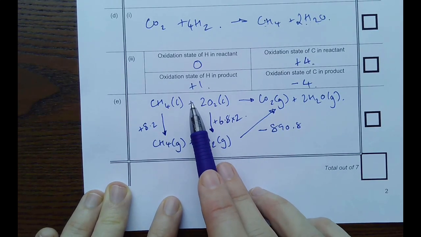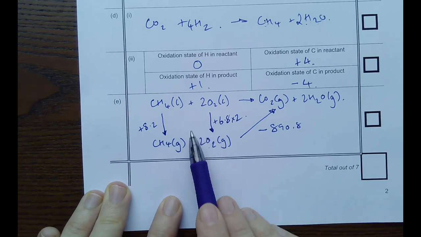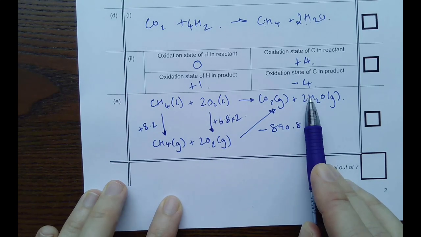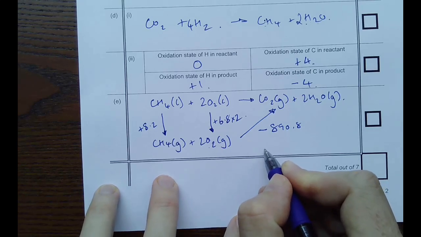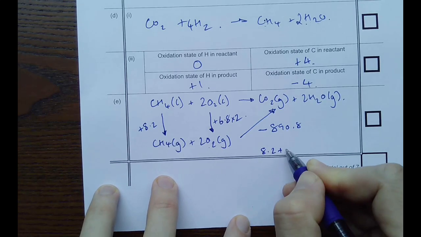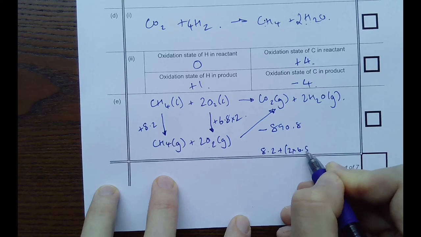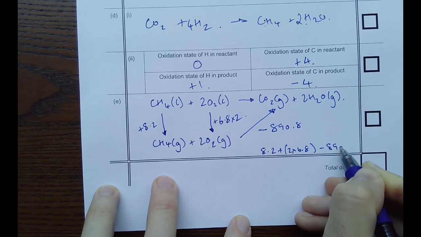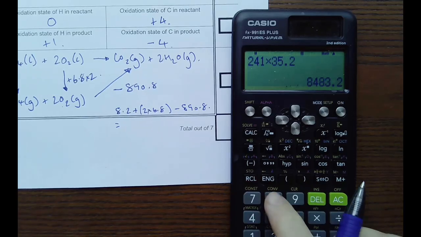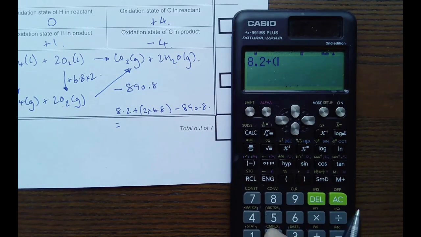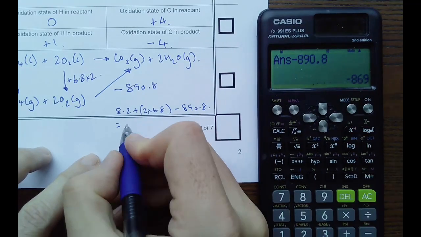So to get from here to here is the same as to go from here to here to here. Okay, so it's going to be simply 8.2 plus 2 times 6.8 minus 890.8,